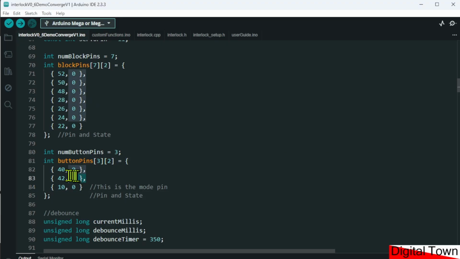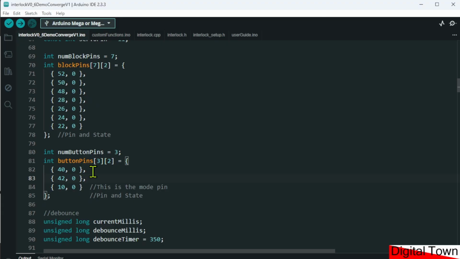And then for the turnout or the point, you'll notice I've got one button for one direction, one button for the other direction. In my opinion, that is the preferred way to set up buttons to control the interlock system,